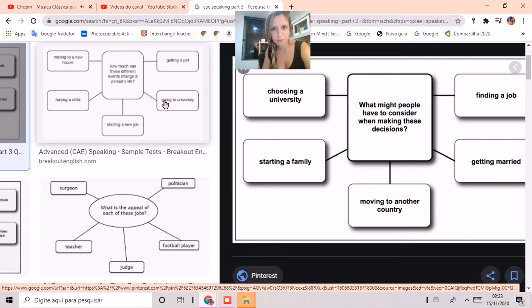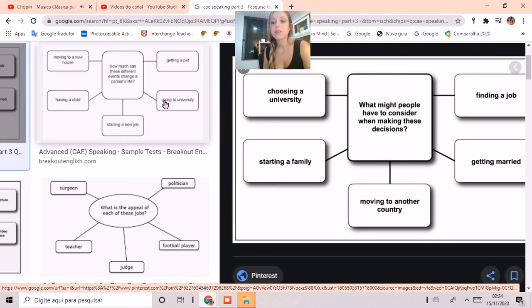So now we have to consider which of these things is more difficult when making a decision. So finding a job certainly is, because sometimes you have to consider working in a position that is not the one you were prepared or that you studied for, but you have to do so because you need to make ends meet. Or choosing a career can also be very demanding because you're not certain about the things you want to do in 5 years' time.